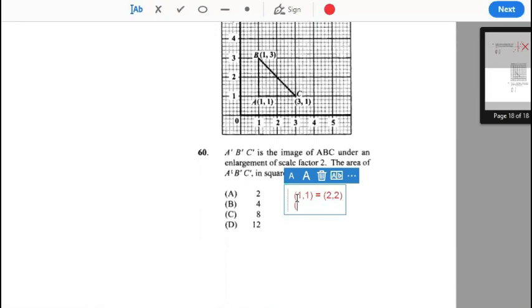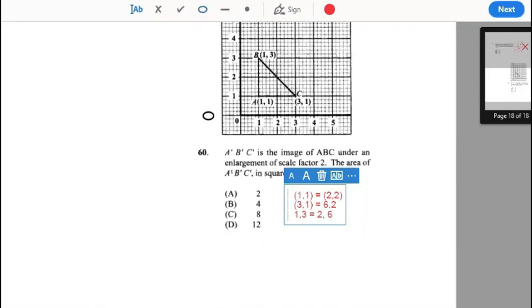Same thing, 3 and 1, multiply by 2, the scale factor, to get 6, 2, and 1 and 3 to get 2 and 6. Kind of did a rough plotting of this new triangle. Use the formula half base times height, and you get your answer